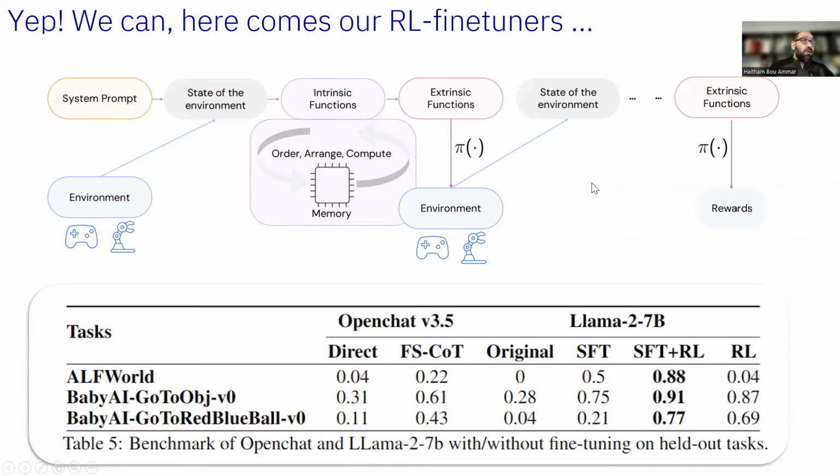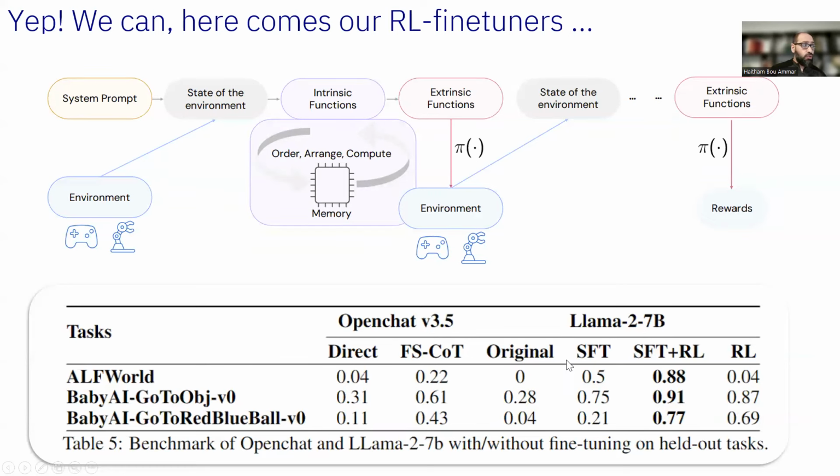So we've done the same experiment I showed you before on this ALFWorld task. Again, we trained on something and did zero-shot testing on held-out tasks the agent didn't observe during training. And what you can see is that once you do this reinforcement learning pipeline, you're able to go to 88% in these ALFWorld tasks. We also tested on some BabyAI tasks, and you can get up to 91% accuracy.